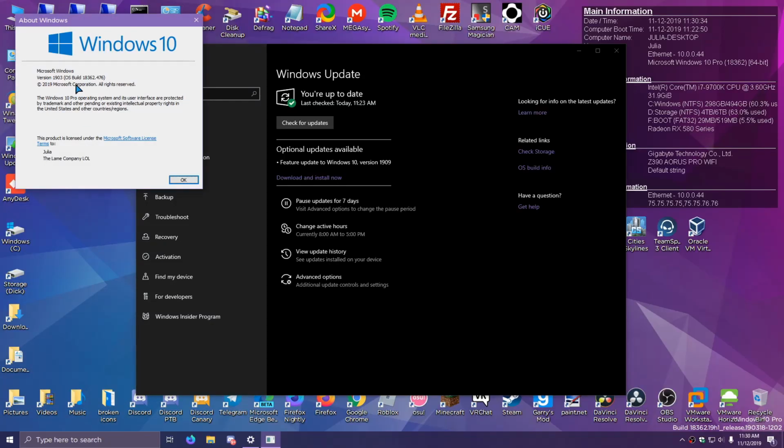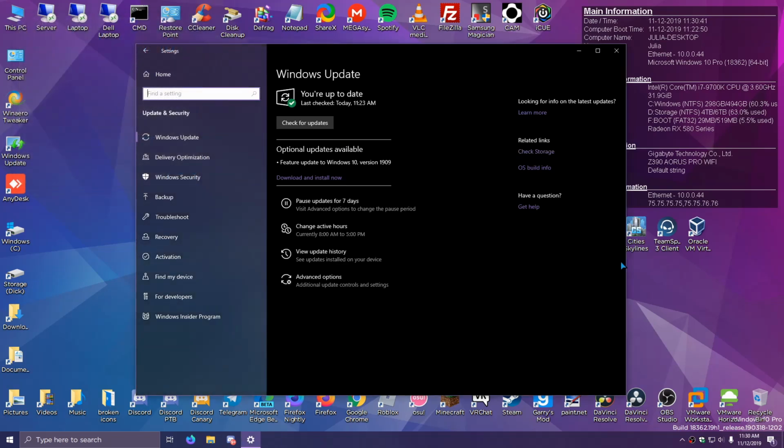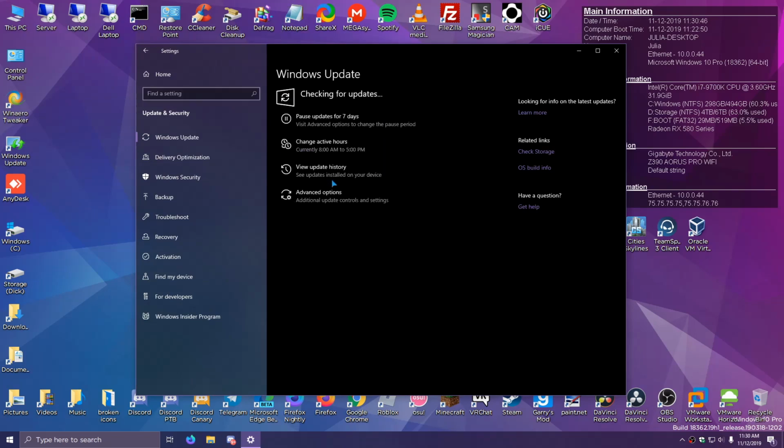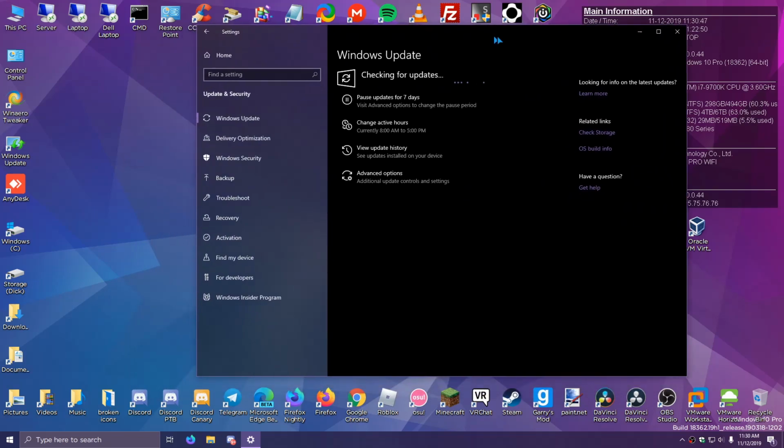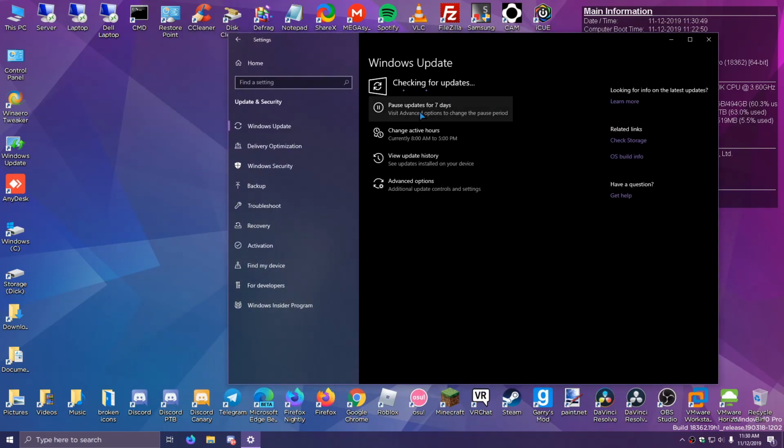Version 1903 OS build 18362.476, because today is Patch Tuesday and there were released patches. After I did those, I went back in Windows Update, and you can see that optional update there for 1909. So I'm going to click download and install now, and it should go ahead, check for updates, and get the